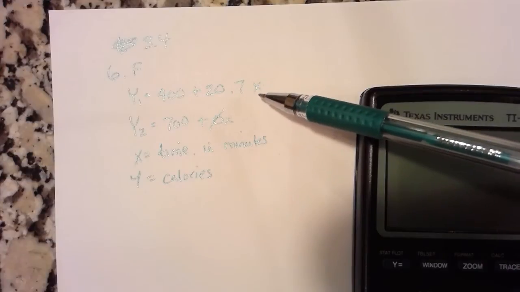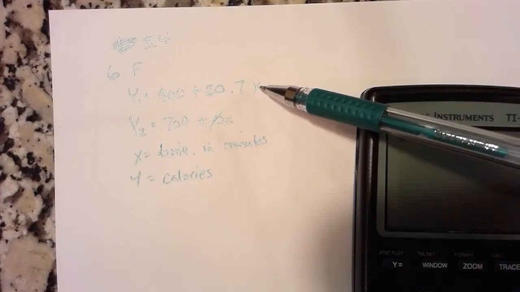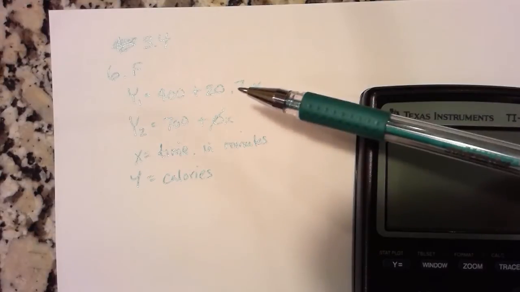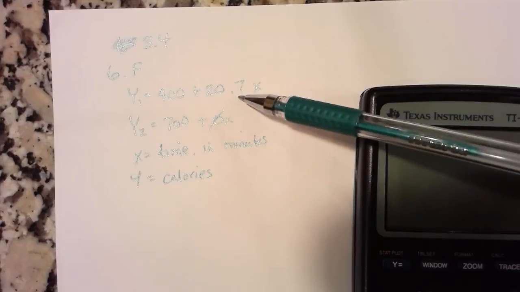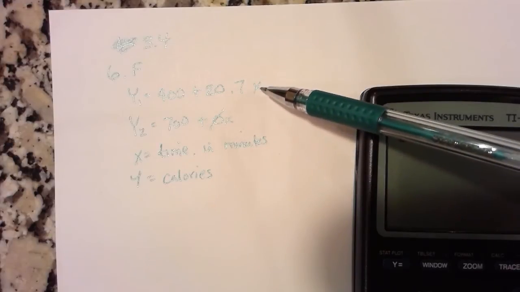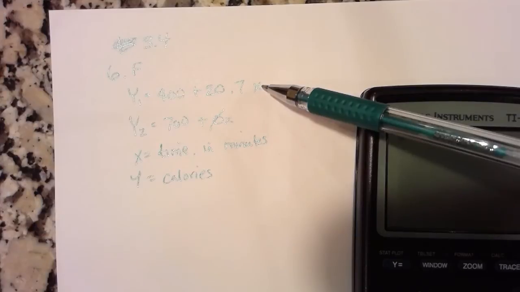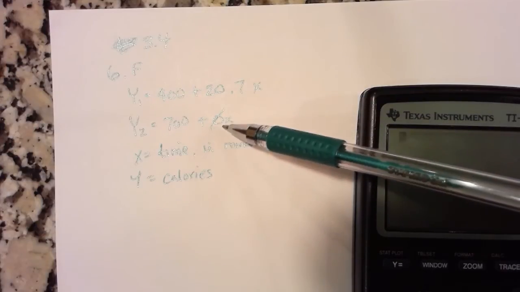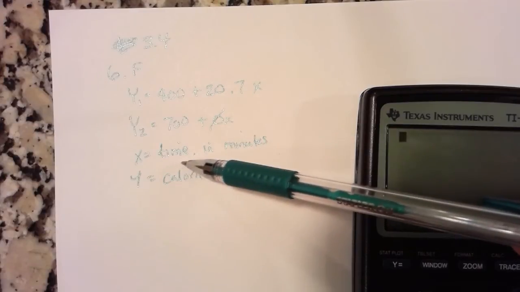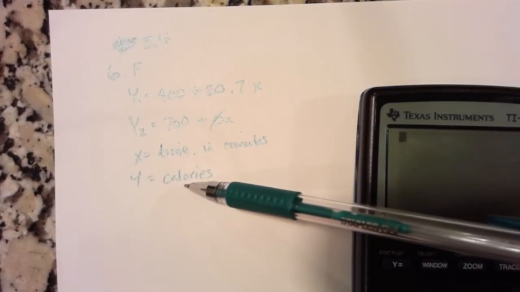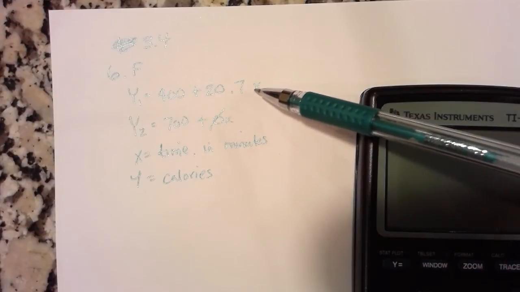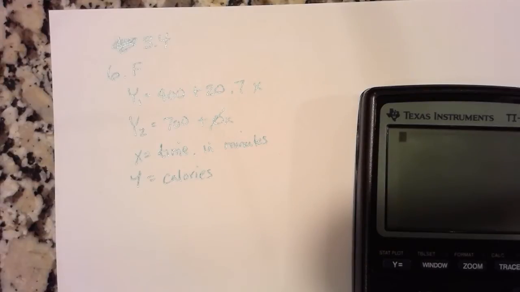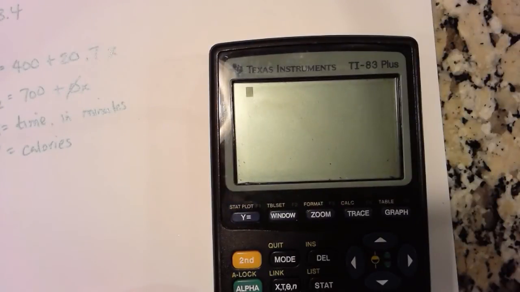You have determined that the equation for y1, which is the calories that Lewis is burning. He started out with 400 and he's burning 20.7 calories per minute with his exercise, and his goal is to reach 700 calories. So you calculated that already. X is time in minutes and Y is calories, with Y1 being calories that he's burning and Y2 being his goal. So to use your calculator to get a graph of this,